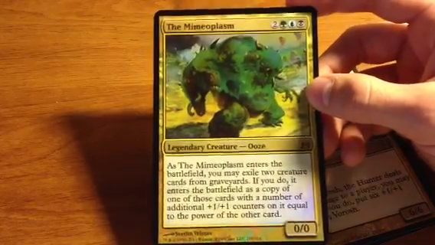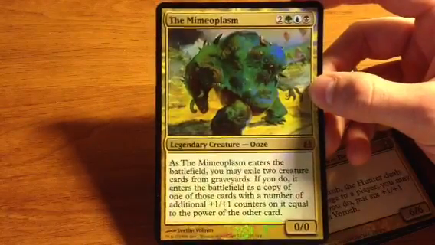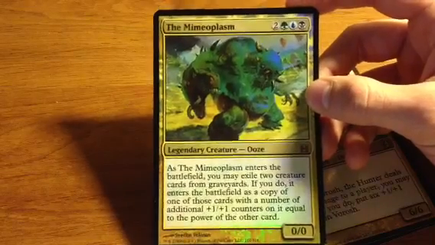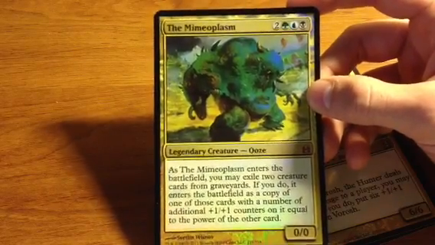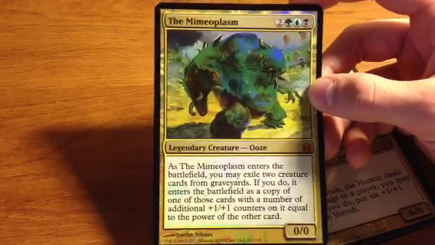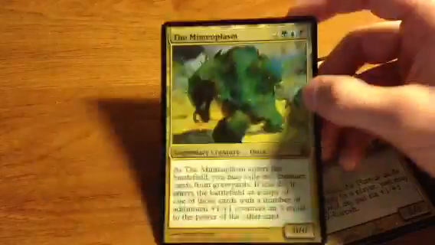And note that that's from any graveyard, so milling your opponents actually does benefit you. And if you do it, he enters the battlefield as one of those cards, with its power and toughness, and then additional +1/+1 counters on it equal. One of them, sorry, I misspoke. One of the cards you choose, he gets the +1/+1 counters for the power and toughness,